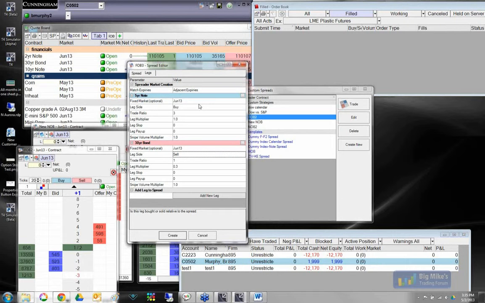And then the last option there, the snipe volume multiplier, this is basically telling you how much volume you want to see on the bid or offer before the spreader will look to get you filled. So in other words, if we're doing a 3-to-1 ratio here, if I'm doing a 1 lot, I want to make sure there's at least maybe 3 on the 5 side, but to give myself a little room so I'm not missing legs, a lot of people may go to 6, 9, or 12, just to ensure there's enough volume there to get filled,